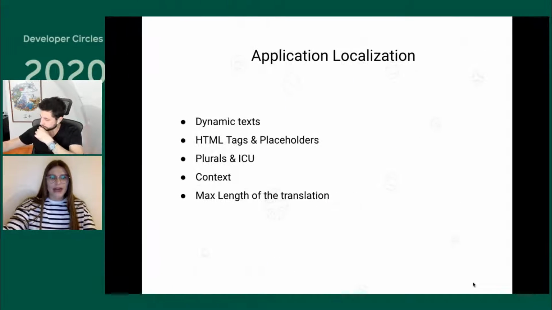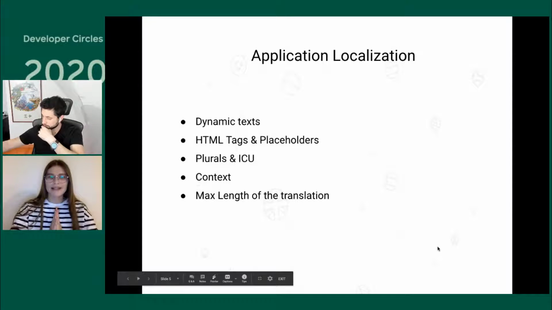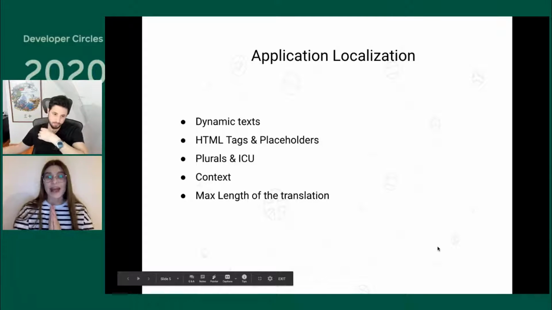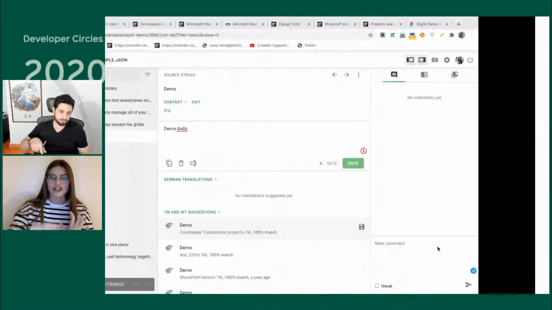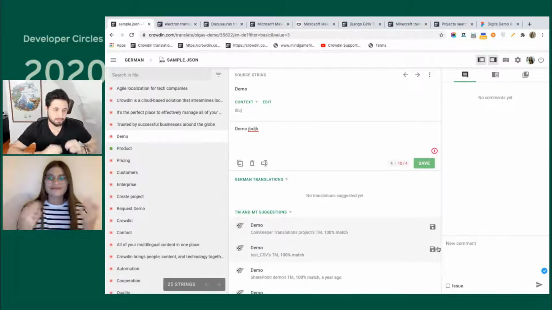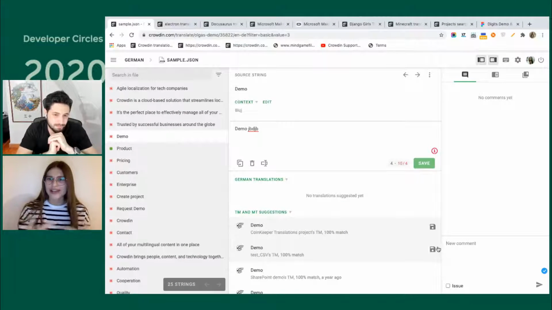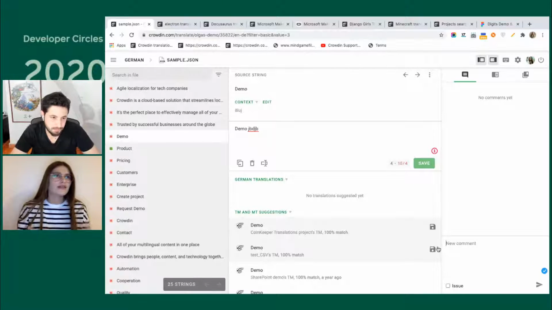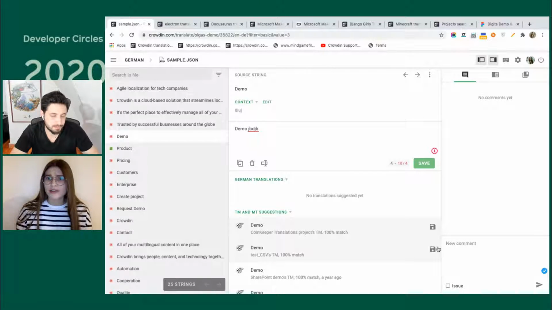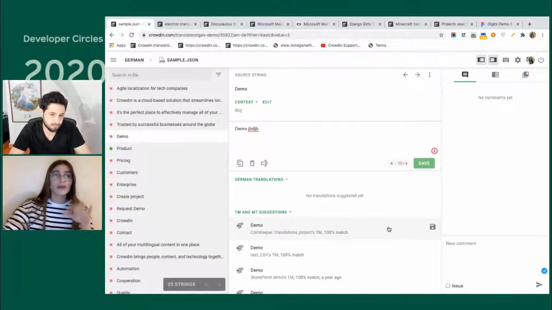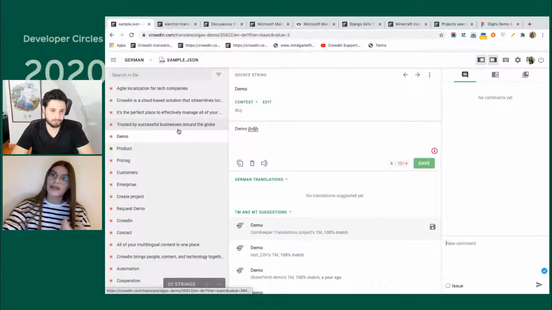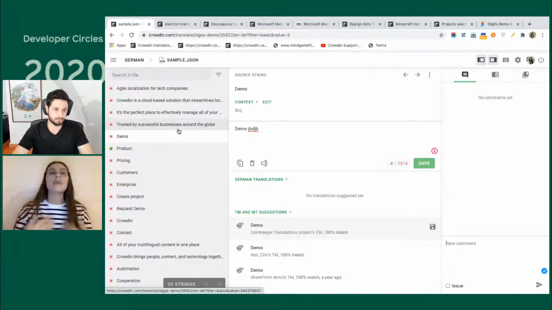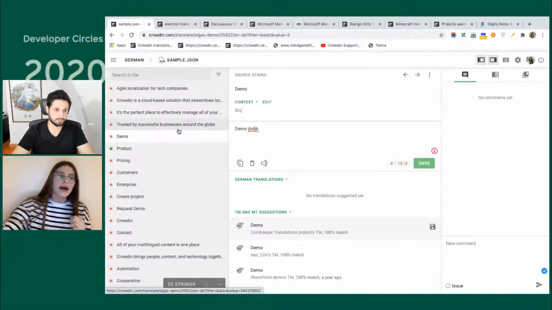Okay. And what else? HTML tags, placeholders, plurals, and ICU syntaxes. It's again for application localization. Apps localization is all about dynamic text, right? I mean, we have new keys deployed, then our content manager can see, oh, it's a typo there. Let's update source tags and update localization for them. So in Crowdin, it's really easy to update source files. Again, it might be done manually. It might be done through integrations like API or GitHub. But the idea is